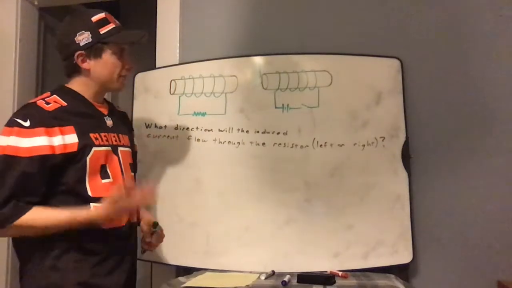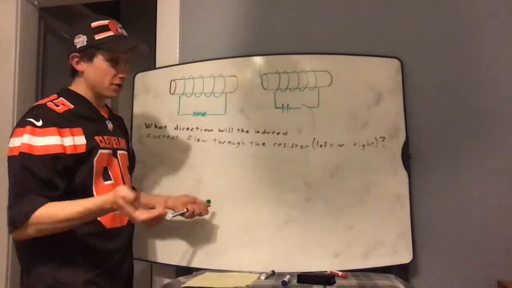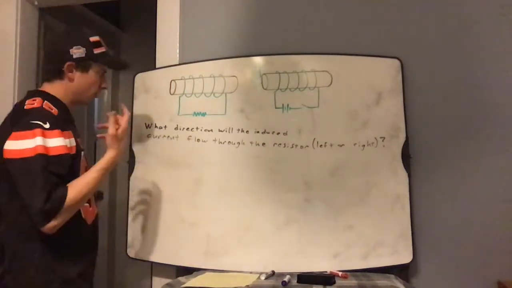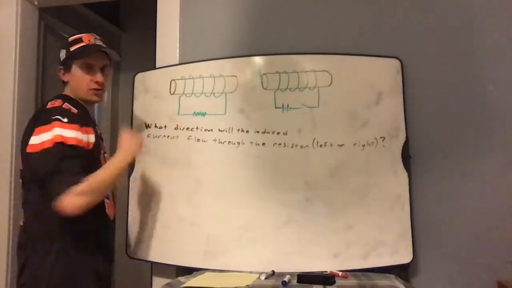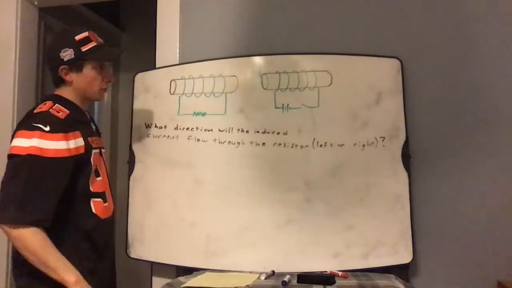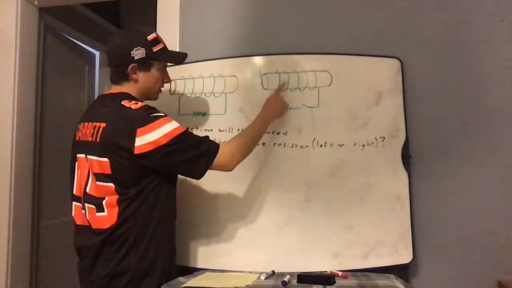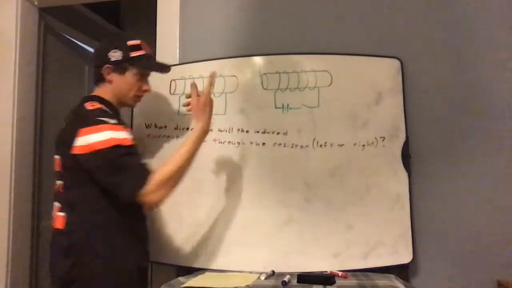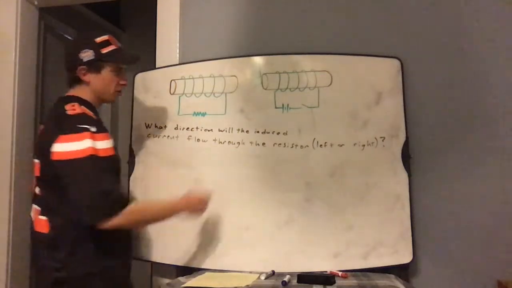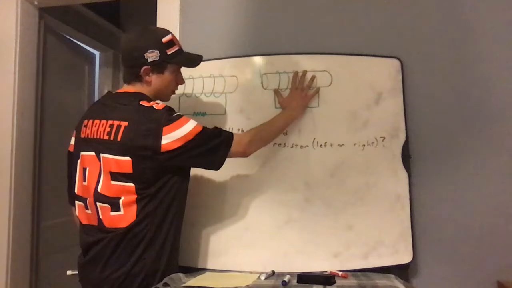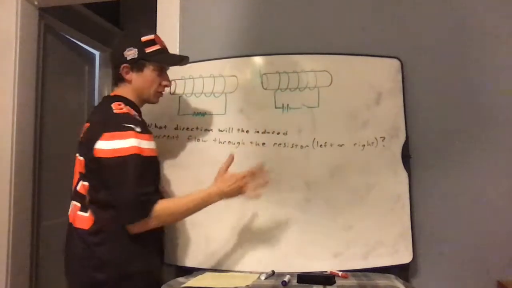So here we have two cylinders that are wrapped in a wire. In the cylinder on the left, either end of the wire is attached to a resistor. For the cylinder on the right, either end of the wire is attached to a battery and to a switch. Now, the moment we close the switch, the current will go from 0 in this wire to something greater than